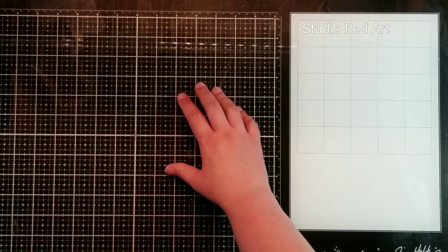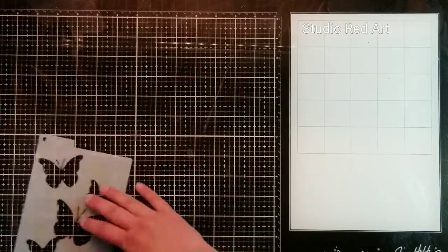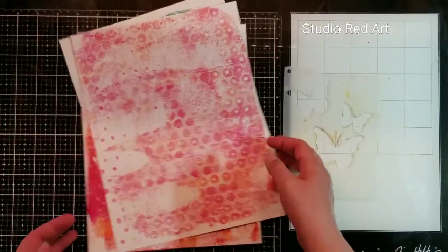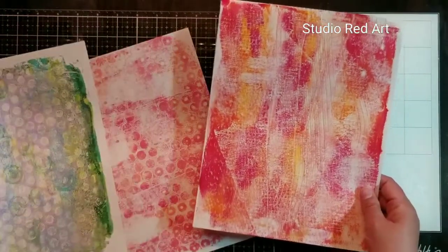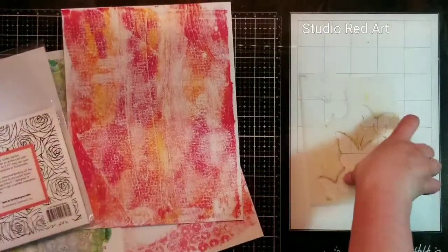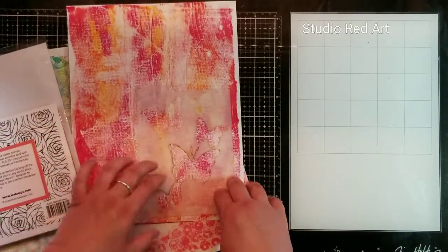So for today's background, for day 30's background, I'm going to do a peekaboo technique where I'm going to use a jelly printed background here, and I haven't decided which one I'm going to use. Actually, I think I might have just decided. Okay, so anyway, I'm going to use a background, probably this one, this butterfly stencil, and I'm going to go